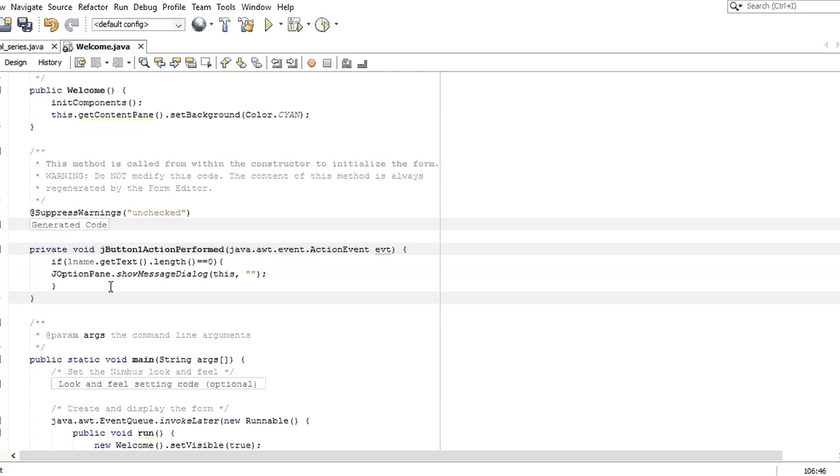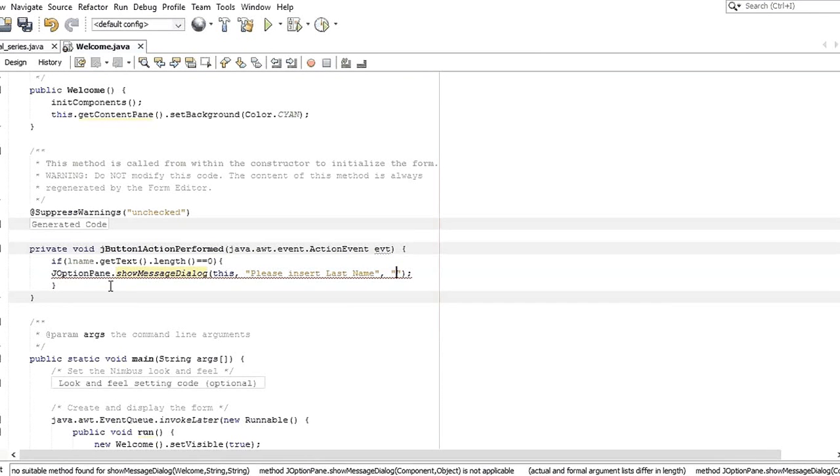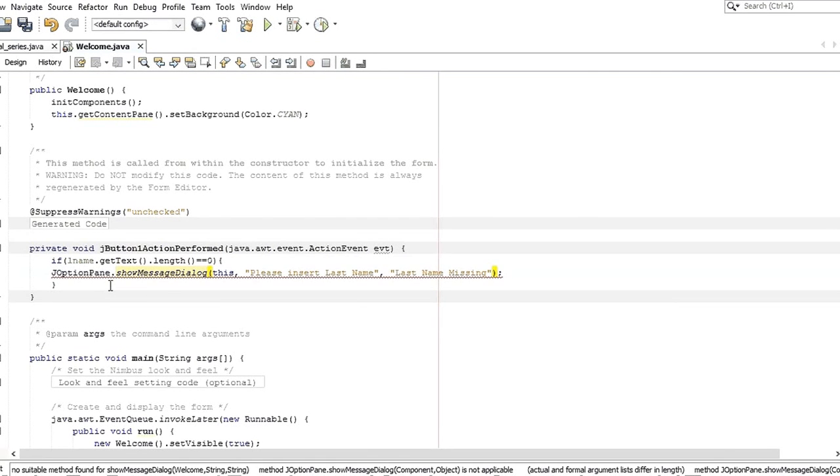Here we put maybe please insert last name, and you can say last name missing, notification of last name missing,